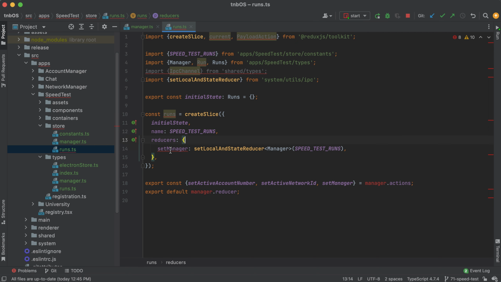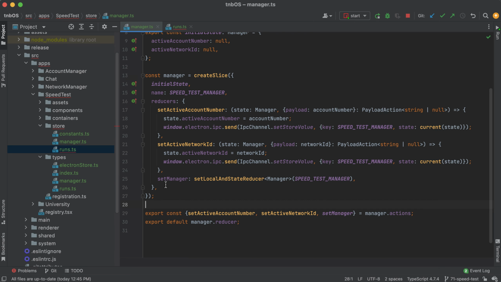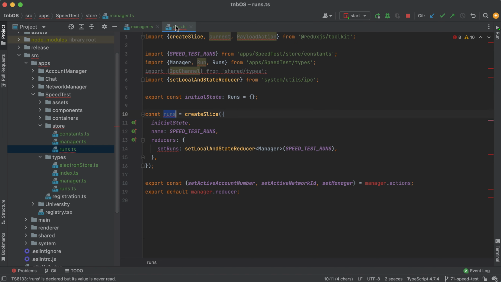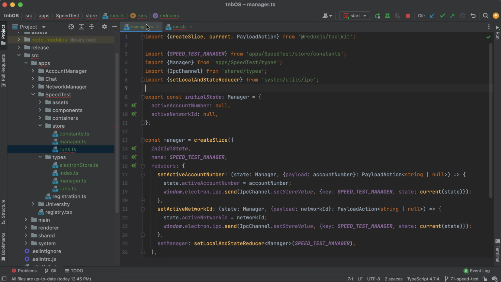And all right, so instead of set manager, we're going to call this set runs. Again, the naming convention I follow is just set and then whatever the slice is named. So set runs, camel case, same thing here. Set manager because it was named manager. And again, that is to set the entire slice all at once. It's kind of the pattern I've been following. Okay, initial test, speed test runs. And now let's go ahead and